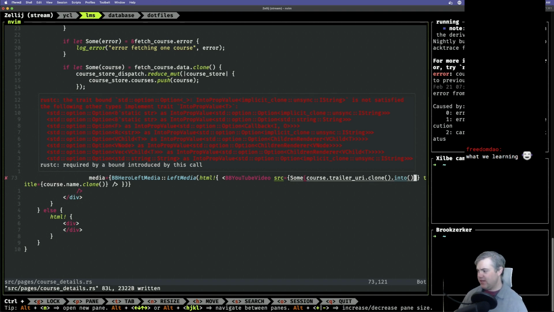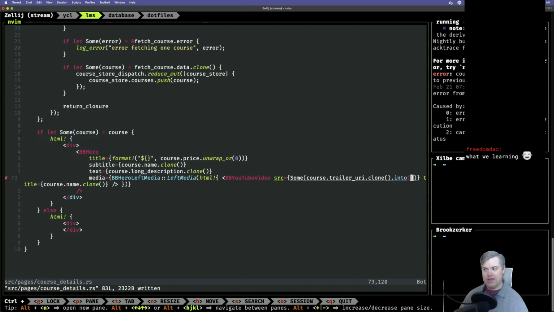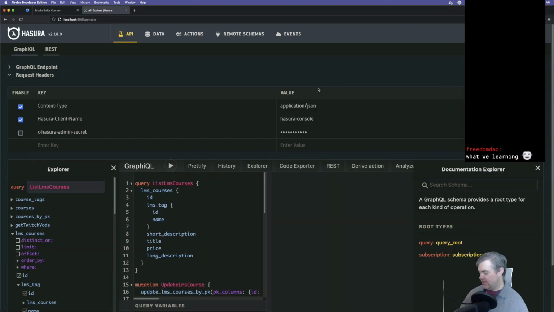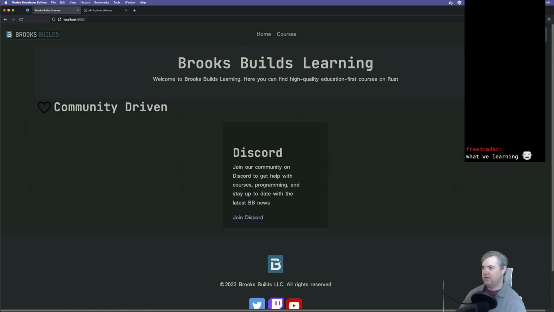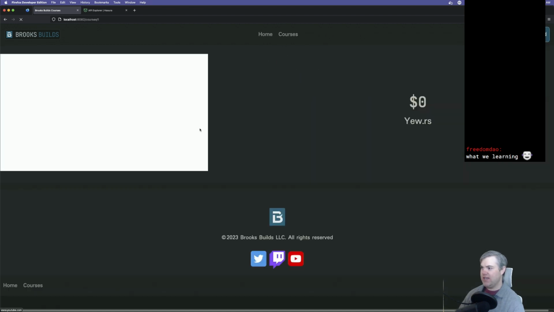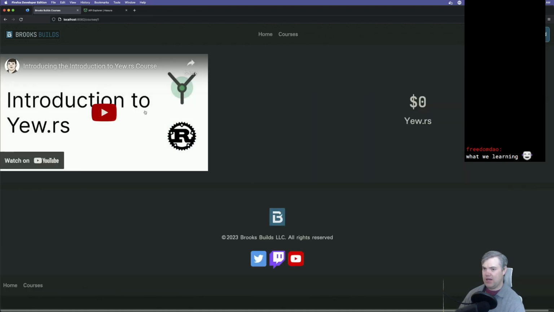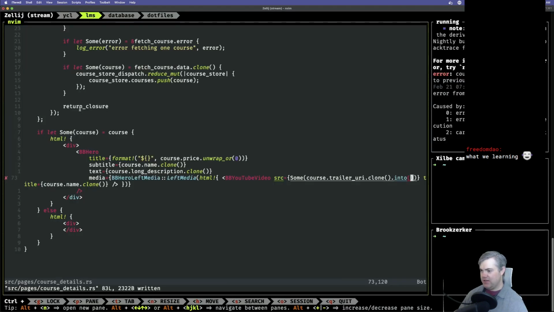So today I'm trying to make the course details page. Think of it sort of like a course profile page in a site, and I can show you what, in general, it looks like right now. I'm trying to get it so that this trailer shows up on the left here. For some reason, this part isn't working. So I actually think I need to just restart with Yew